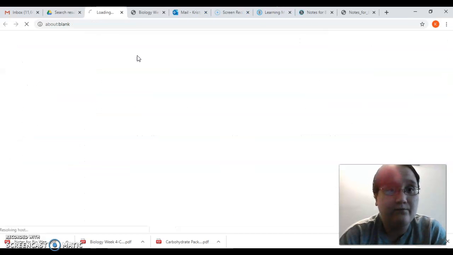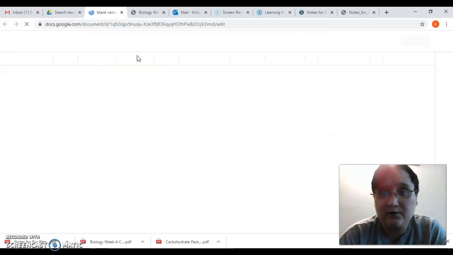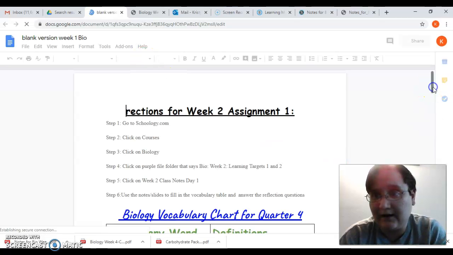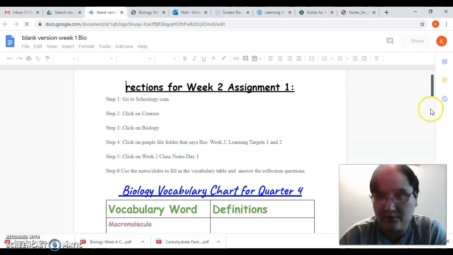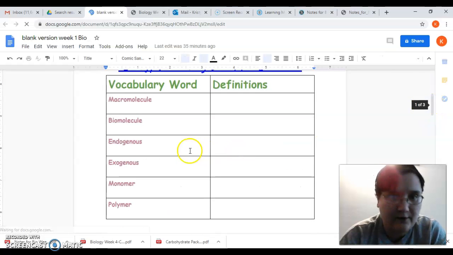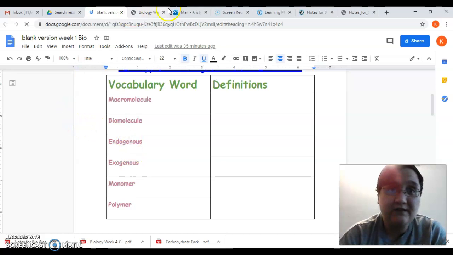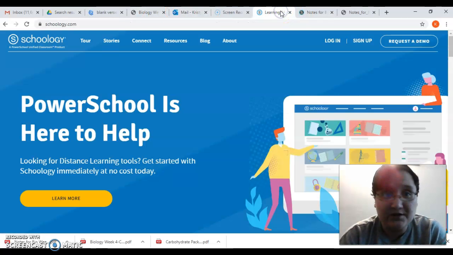And then this is what it should look like. Yours should be completely filled out, at least for the first 4 words. So macromolecule should be filled out, biomolecule, endogenous, exogenous. We're talking about monomer and polymer, right? So to answer the second question, the second question being, well, where can I find my definitions? If I go back into Schoology